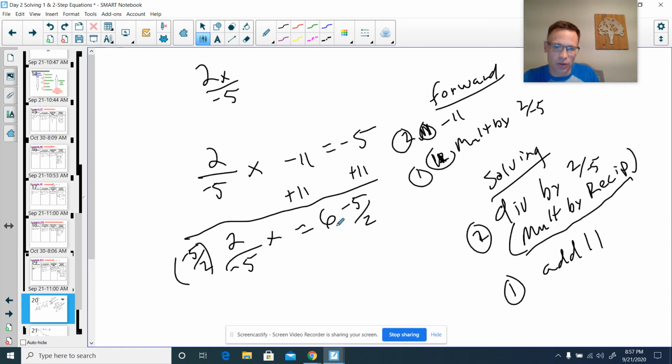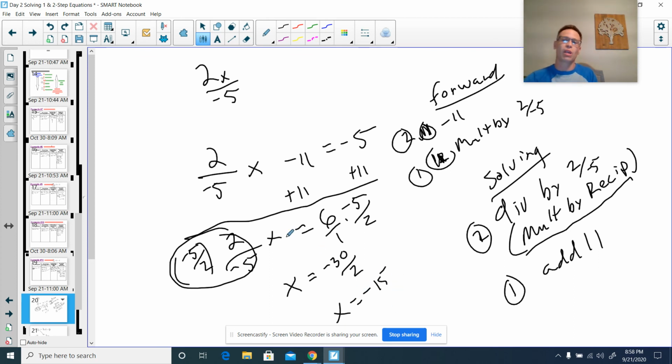Right? I will turn this into a fraction so I can make that multiplication easier. This whole thing here is going to give me just x because the numerator gives me -10. The denominator gives me -10, and -10 divided by -10 is 1x, which is what we're looking for. And now I just simplify this, right? 6 times -5 is -30. Times 1 is 2, which gives me exactly where I had before, and I just got to simplify that to